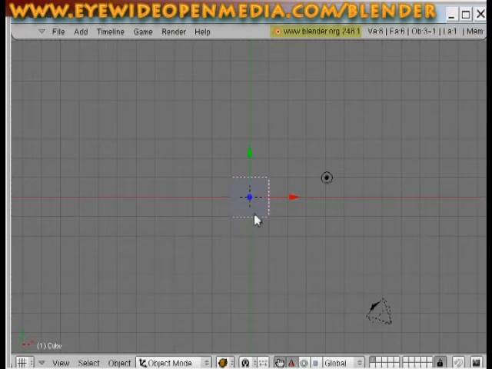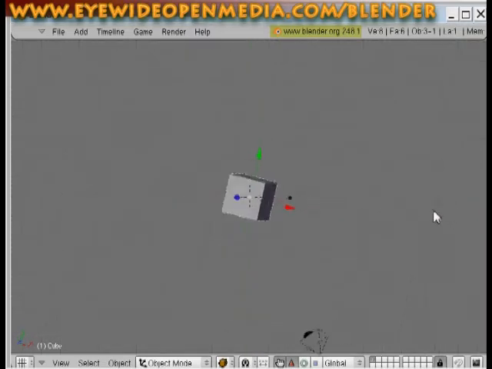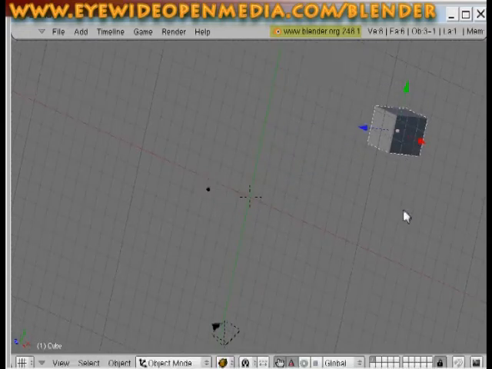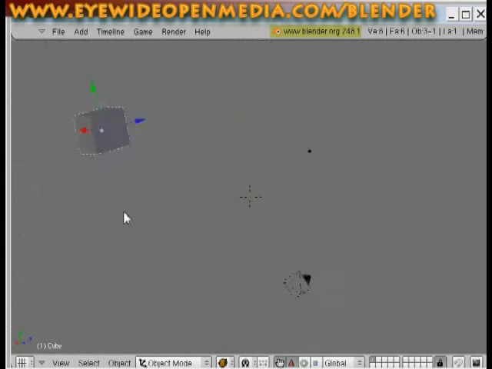Now, if I put my mouse right in the middle of the screen and click my middle mouse button, we'll see that you can rotate this view around, and really we know that it's in the center of the screen. Let's go ahead and hit the G button for grab, and we're going to move this now. Now, we see where it's at,